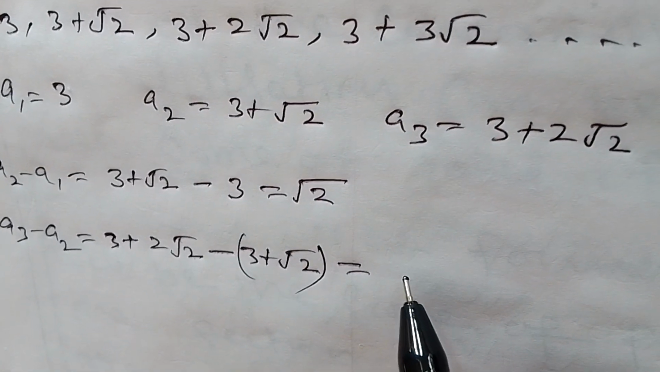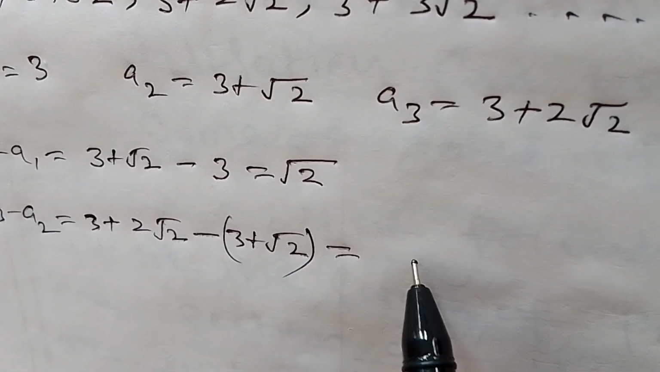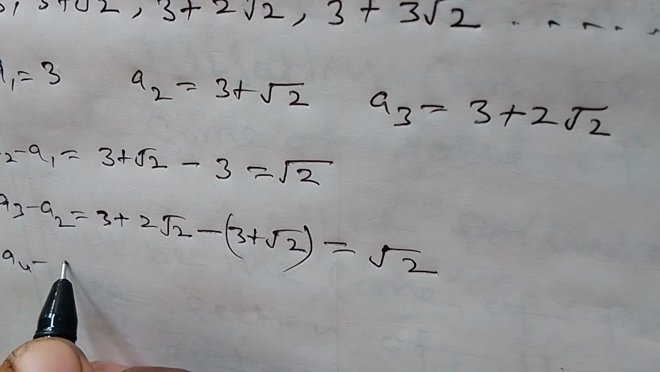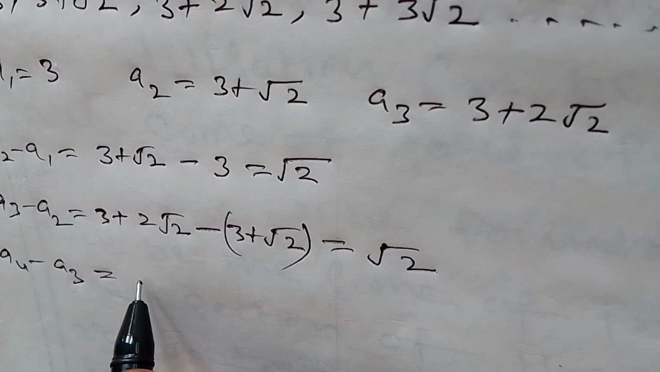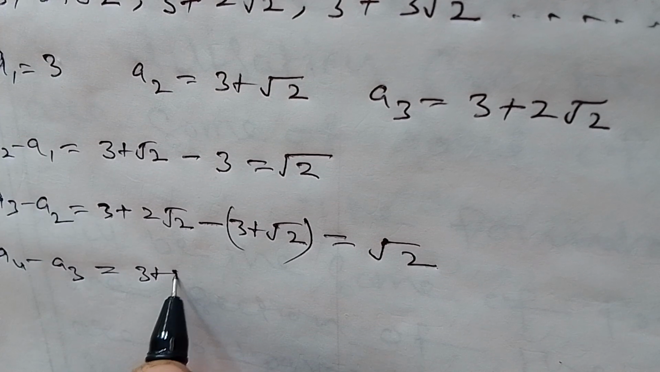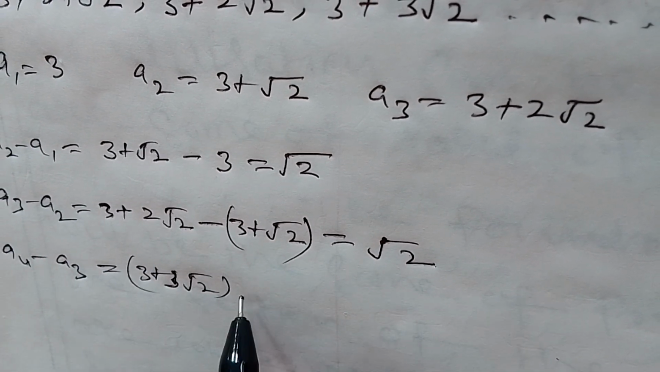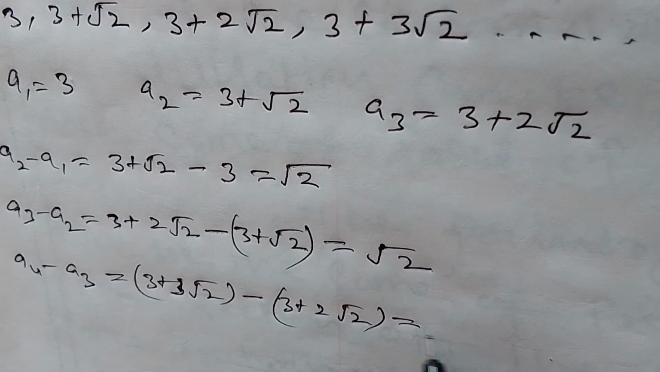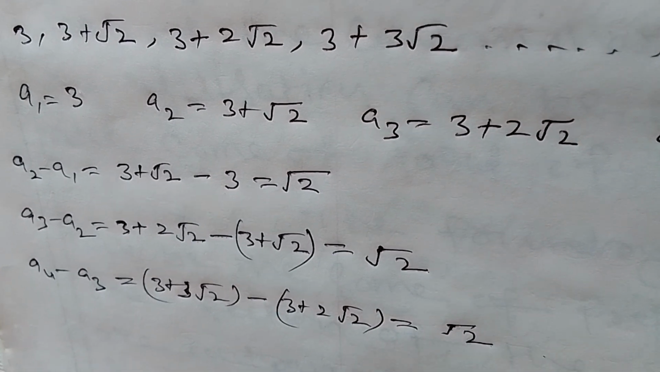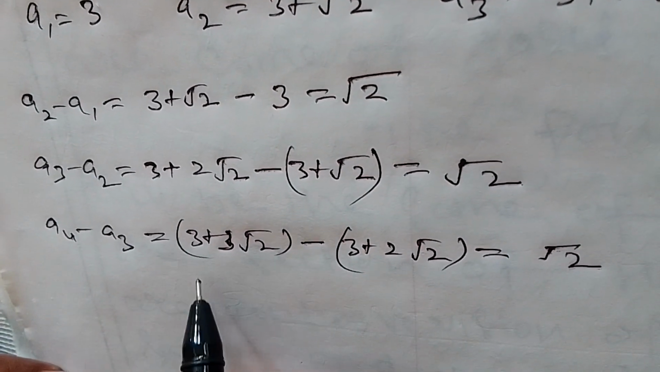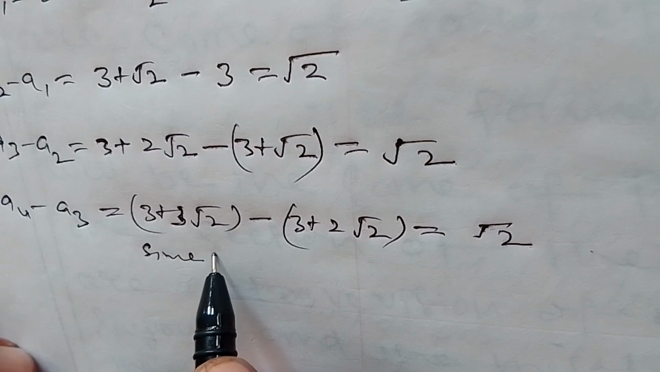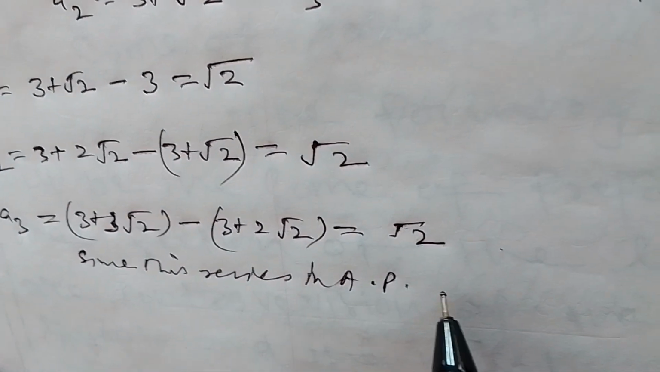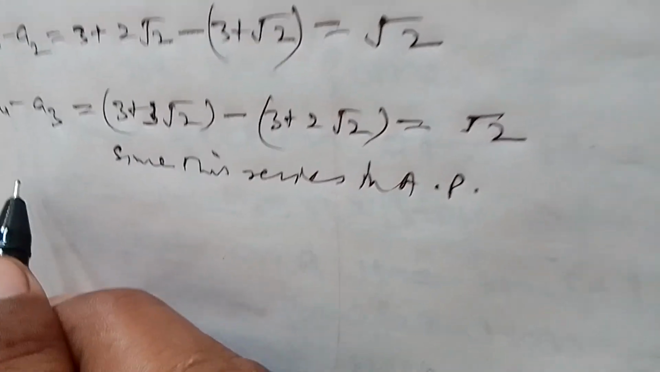Now A3 minus A2, A3 is given as 3 plus 2 under root 2, minus 3 plus under root 2. So it will come out to be under root 2. Similarly A4 minus A3, that is 3 plus 3 under root 2 minus 3 plus 2 under root 2, it comes out to be also under root 2, since this series is in AP,